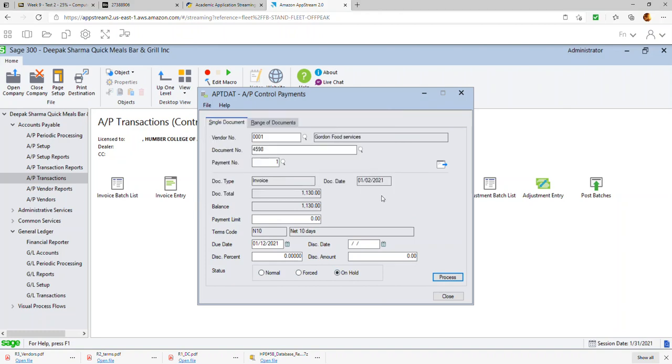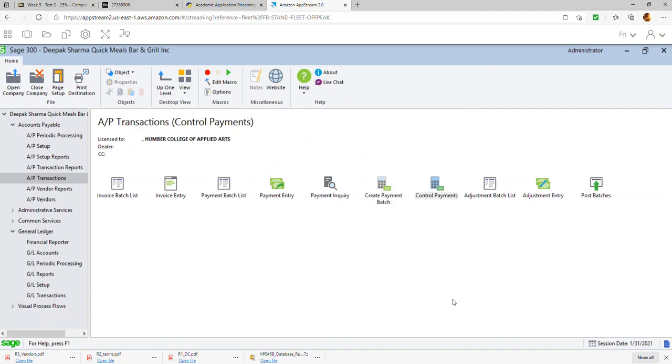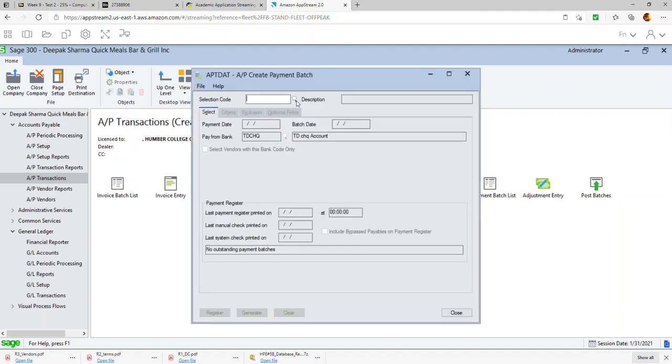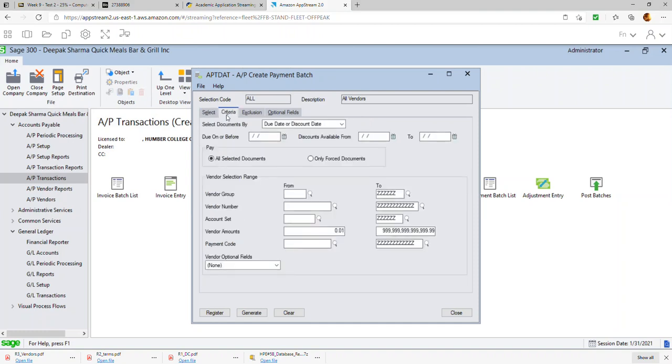So now when you run the check, it will not pick this up because this is on hold. So now you're going to go into the system, you're going to process the payment batch. Now to process the payment batch, instead of creating manual payments, you simply go in and ask the system to create a batch. So you go here, create payment batches, and here it's going to ask you the selection code, which is all, and you say when do you want the payment to be created, on 31st, from TD checking,